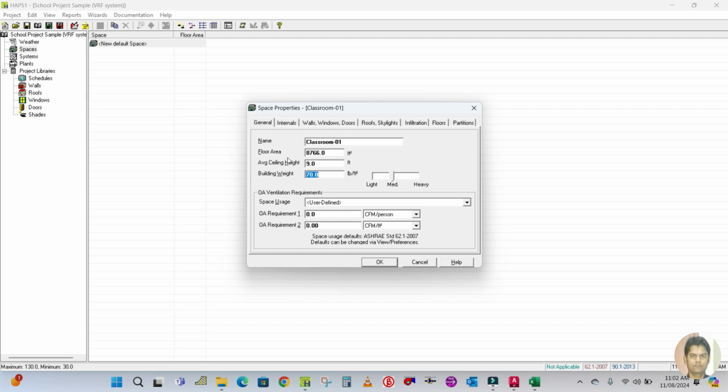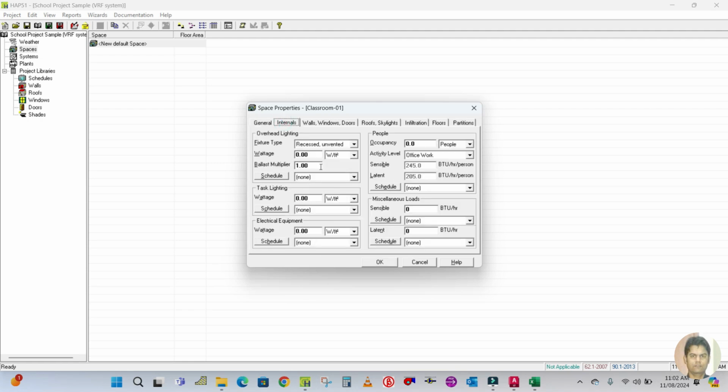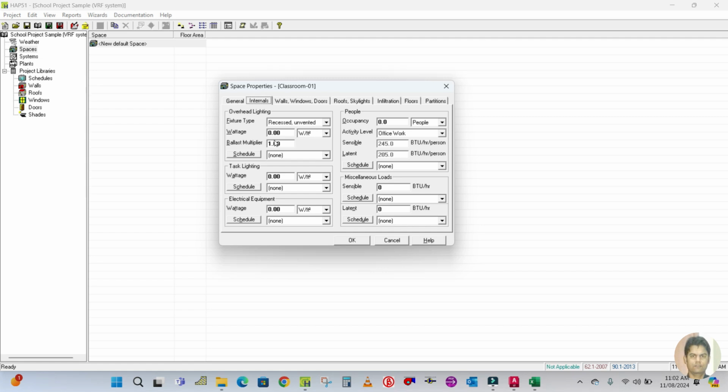is medium, so just keep as it is, and the space type is classroom. So here is the classroom, which is age 9 plus. So you have to select this for the fresh air. Then go to the internal. So internal, you can select here the lighting fixtures. So reset, unvented, it says vented, and wattage is 1 watt per square feet or 1.4 watt per square feet. Select the schedule, which is the lighting schedule, and task lighting is not applicable, so